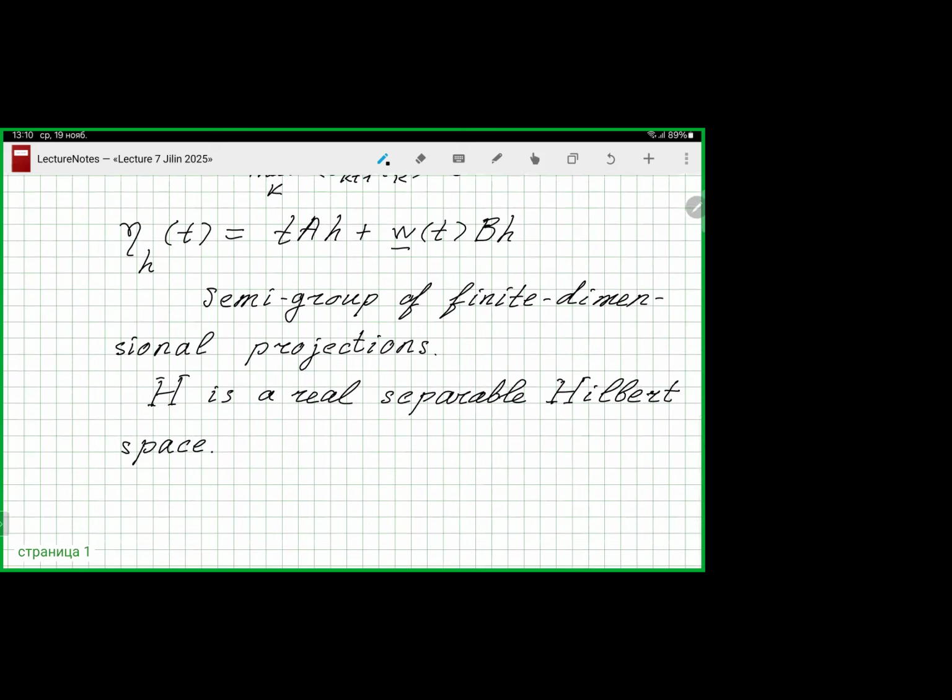Then one can try to consider a stochastic semigroup of special kind. Suppose that